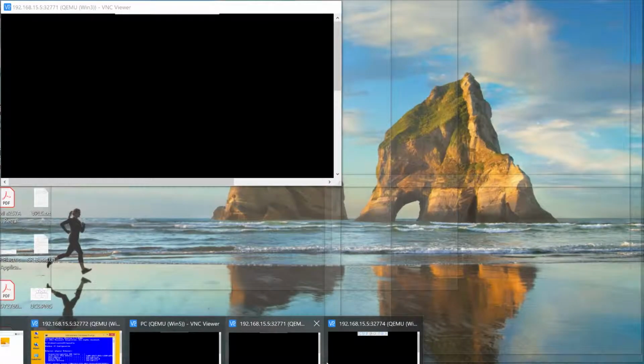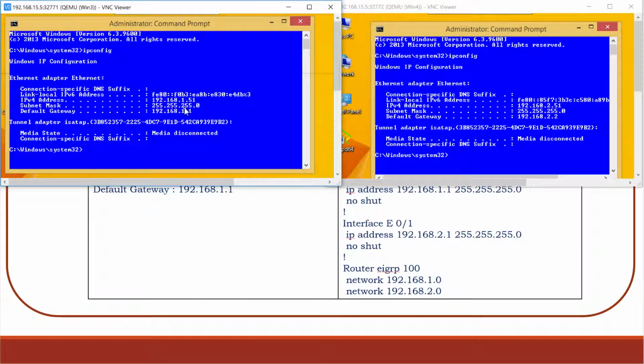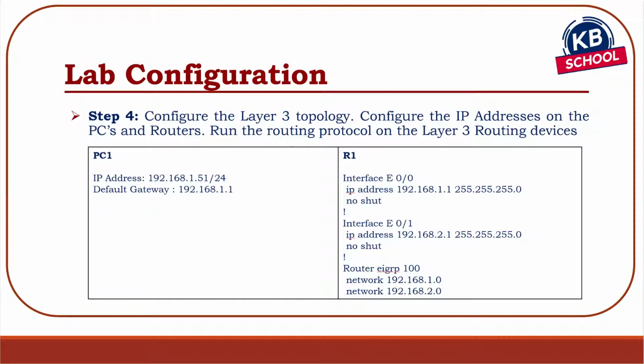PC is, I think this guy. So what I've done on this guy, if you take a look at it, it is 1.51 and the default gateway is 1.1. So the PC is configured at this point. Now what I need to do is configure the router. Which router am I configuring? The router that I'm configuring over here is,